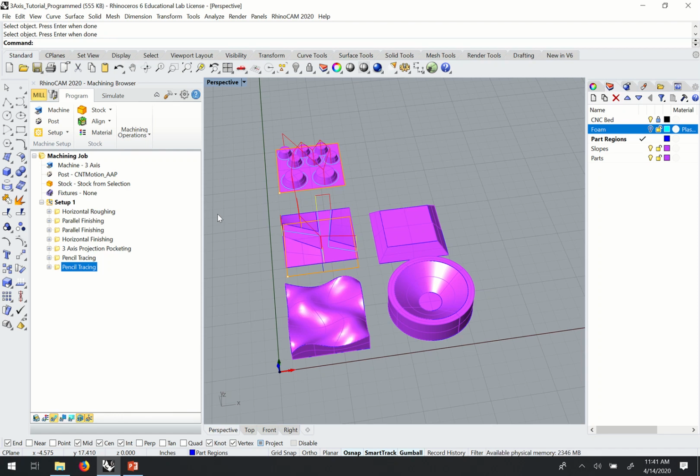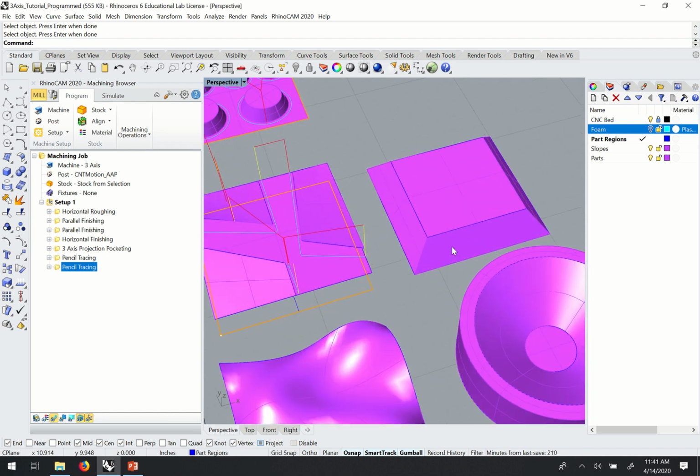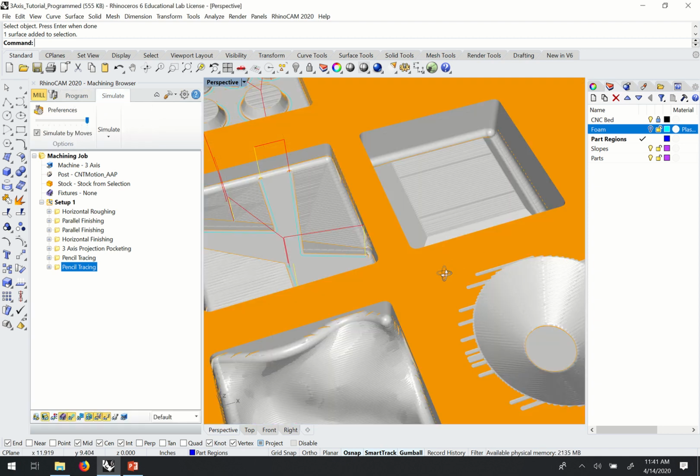In this video, I wanted to look at one other way of defining part regions, and also look at applying our two-axis operations to go ahead and cut these parts out. To start looking at different ways of defining part regions, particularly I wanted to look at this part that has these mitered edges. And if we look in the simulation,